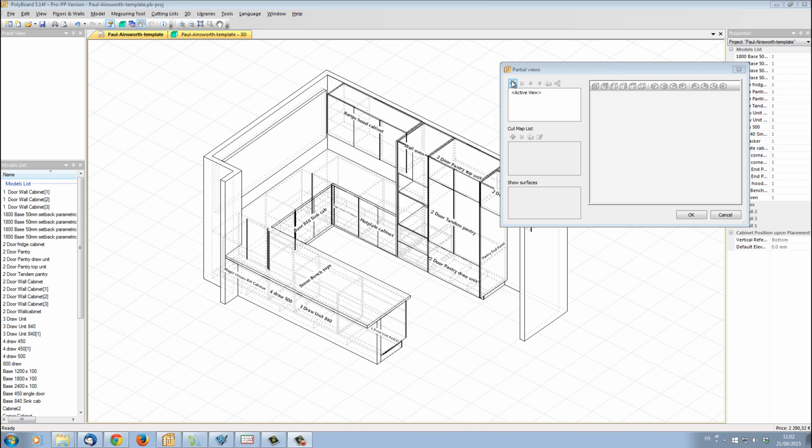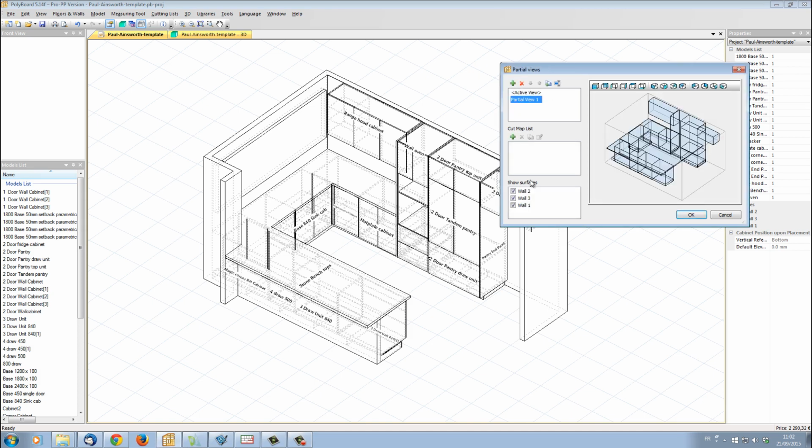So I just click on our plus sign here and we have an extra partial view. And let's say that this view is a view from the left of our project, looking from the left onto the right hand side wall, and I'm just going to call it by clicking here, rename this partial view a left view. The left view by default is exactly the same as the project here, but if I click on